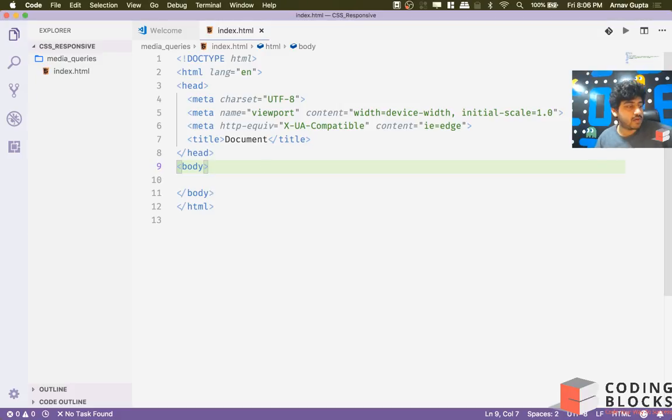Okay, so what we're gonna do is we'll discuss a few topics today related to making websites more responsive. I think for production websites, we usually use some CSS frameworks like Bootstrap or something like that. But we should know how we are making things responsive. Two of the key ingredients that go into making content look nice on wider screens as well as narrower screens are